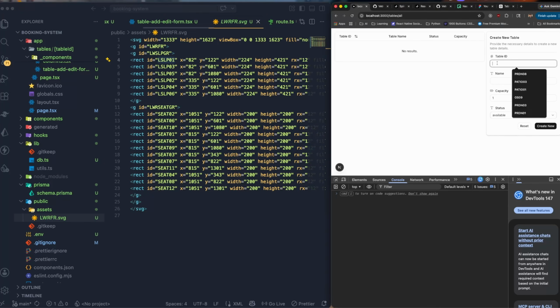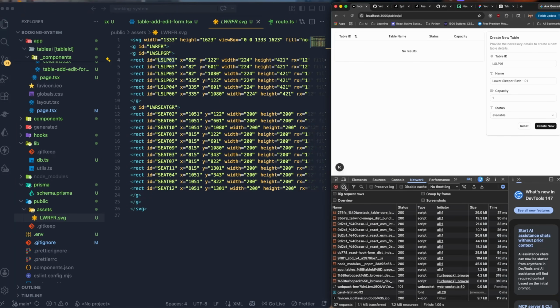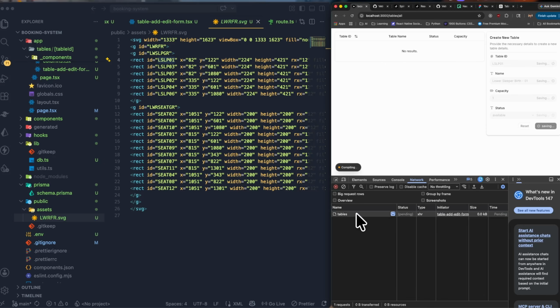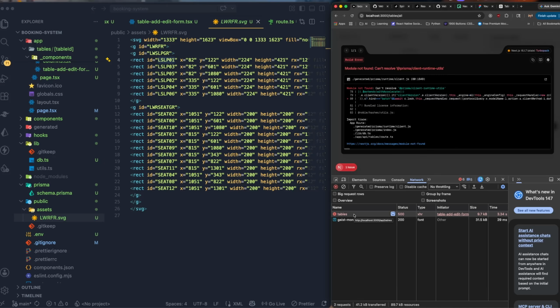That's the ID that we are going to use, which is going to be lower sleeper berth, which is going to be the 01. Capacity, it's going to be 1. Seat, by default status is going to be available. Get into the network section. This is the place where you can monitor the APIs and everything. And I'm just going to click create, and you can see the API is being triggered, and